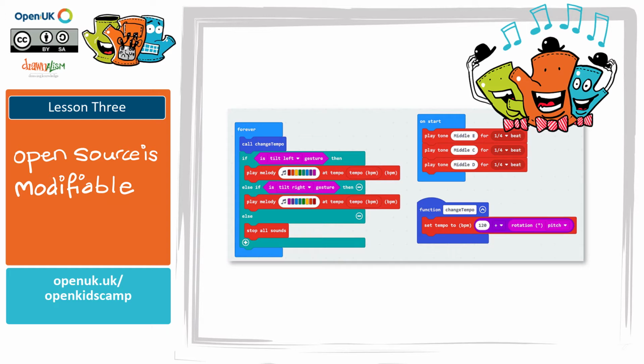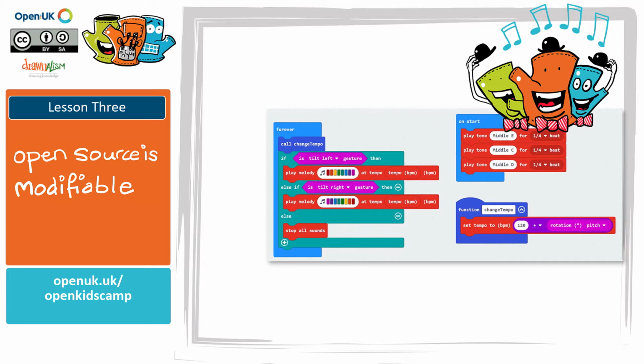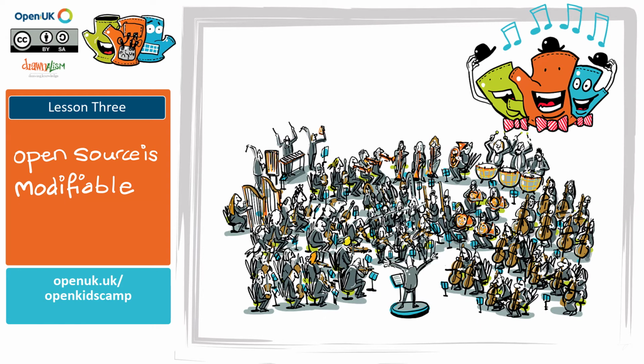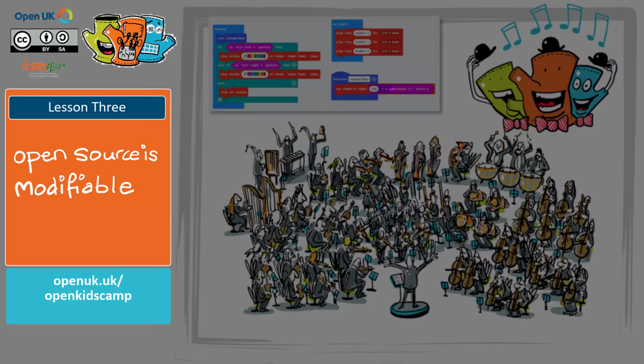Either ascending notes if tilted right or descending notes if tilted left. The change tempo function is what we use to change the speed of our melodies. We do this by using the set tempo block. The higher the tempo, the faster the melody is played. In our code, we set tempo equal to 120, which is a pretty normal speed tempo, plus the rotation pitch